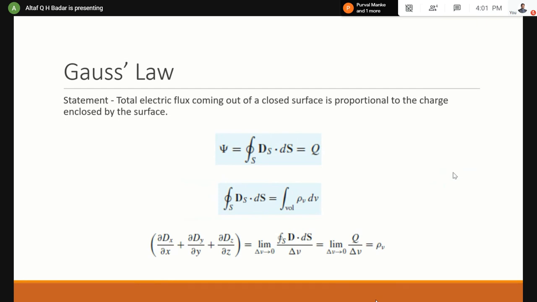So this is how Gauss law comes into the picture, and this is the formula that we usually use in many places. So you need to know it by heart, and you need to understand how Gauss law is represented. In some questions it is quite easy and you can easily solve them. But in some cases, they will not mention Gauss law, so you need to understand it through the statement. Somewhere down the line, you need to correlate the statement as well as the law with it.